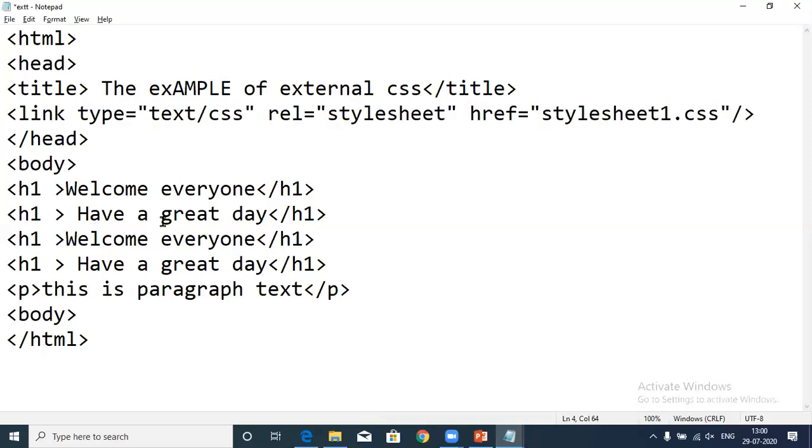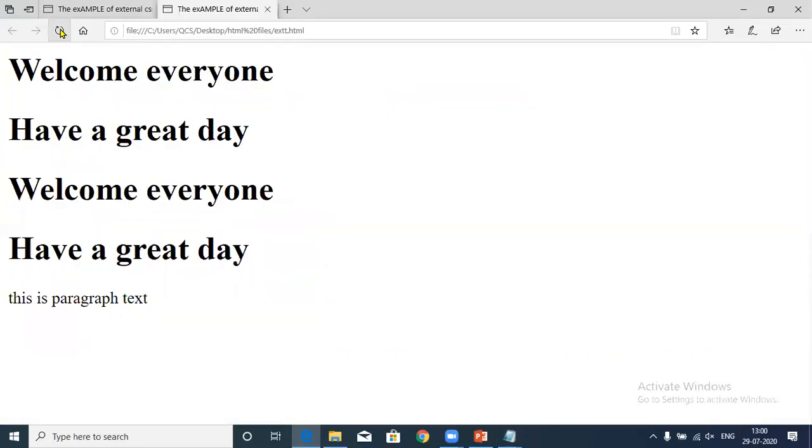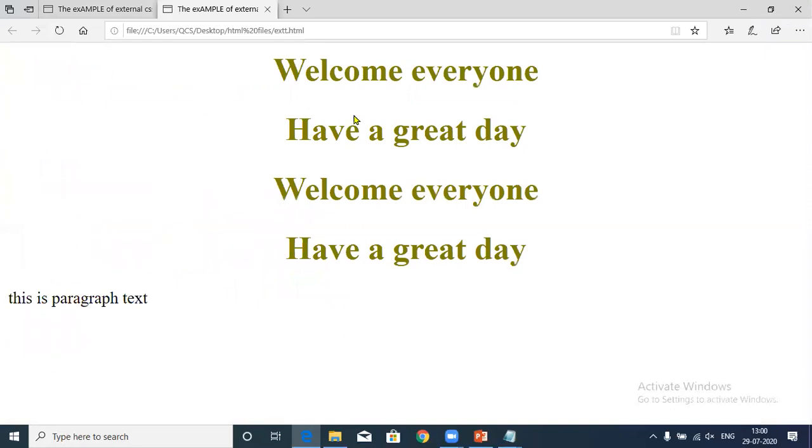So I have given link to this external CSS. Then I saved my file. Then let's see the output of the same. Then I am going to refresh it. You can see this is the output of my page. Now my external CSS has been linked to the second page. Now you can see one CSS I have used in two pages. Okay, that is the benefit.